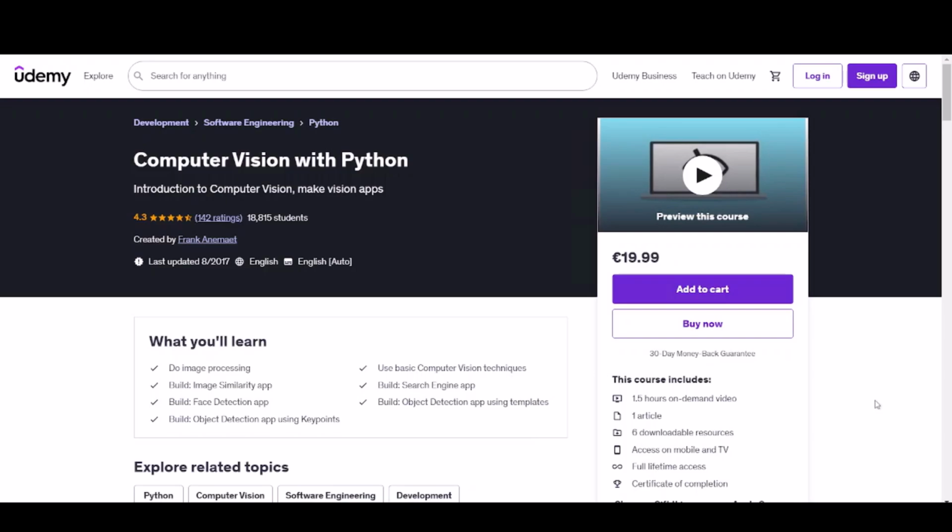The course I'm about to introduce is called Computer Vision with Python, and it's one of the best courses for learning computer vision with Python. Key topics you'll learn: how to process images and videos, face and object detection with OpenCV, working with AI algorithms